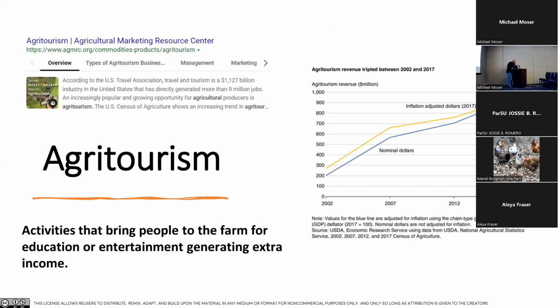So as we can see here, the promising practice of agritourism is a growing trend. It's only going to continue to increase. We saw this during COVID, despite all the shutdowns and restrictions, people were trying to get out, so they were going to farms. And this had a big impact on our rural and tribal communities. Agritourism is largely undefined. And I think the easiest way to wrap your mind around it is it's to attract people to a rural area or a farm or a ranch for education and entertainment. And when you see it through that lens and you understand that perspective, it helps you to understand what equity means, how we get to diversity and inclusion.